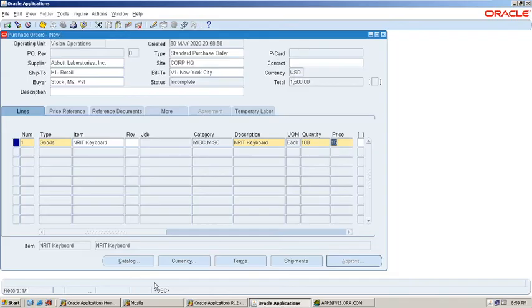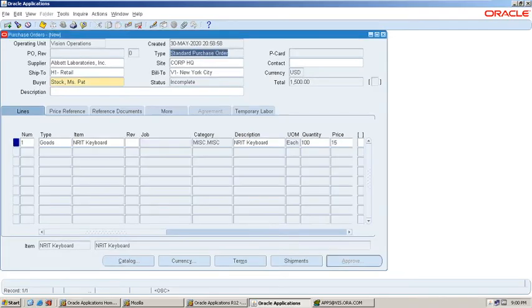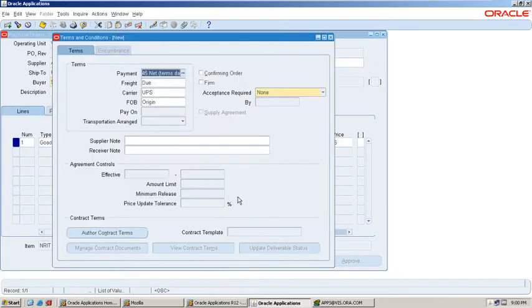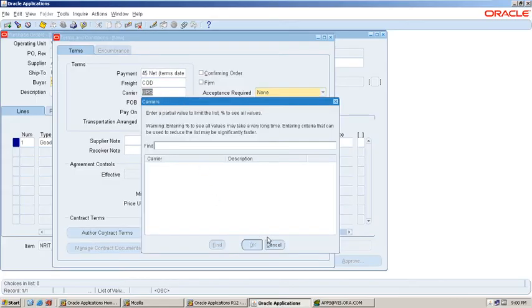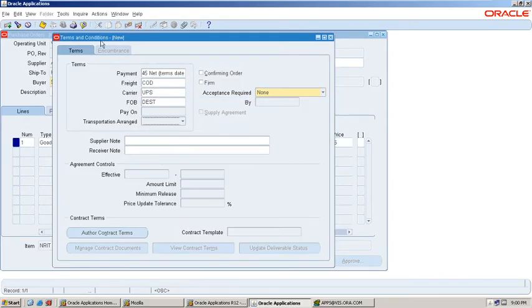Okay. Now verify currency details. What is the currency? USD. And terms: freight as cash on delivery, UPS and FOB, free on board.